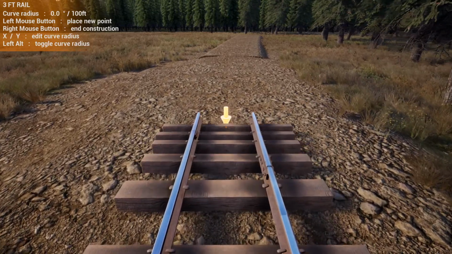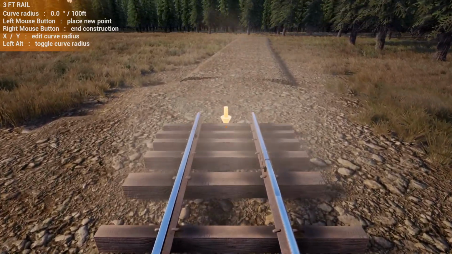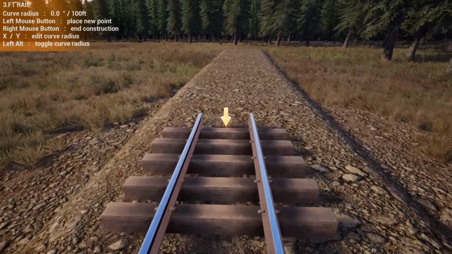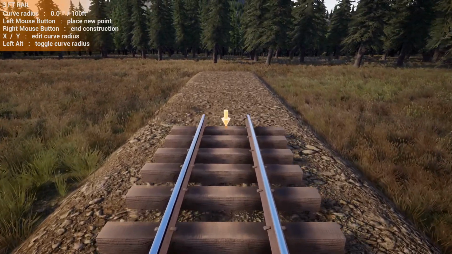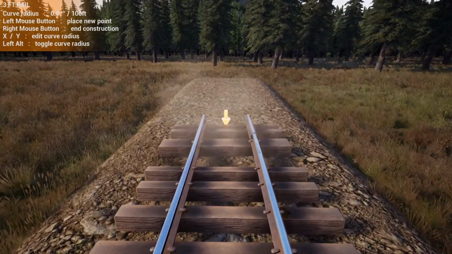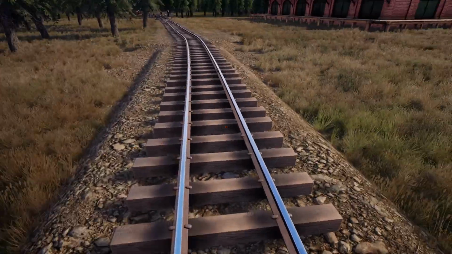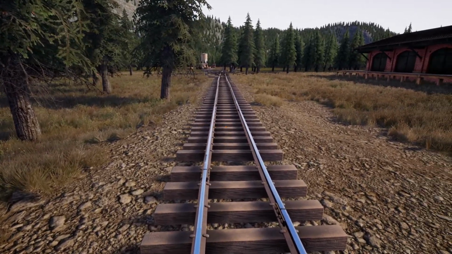So let's go down here. We're going to curve the track a little bit. It should just snap in, and this is fine because this is going to be part of the railway now. Then we're going to pick a point. Pardon me, sorry about that. Yeah, that'll do. Now, that's not too bad. That is pretty good actually. So let's